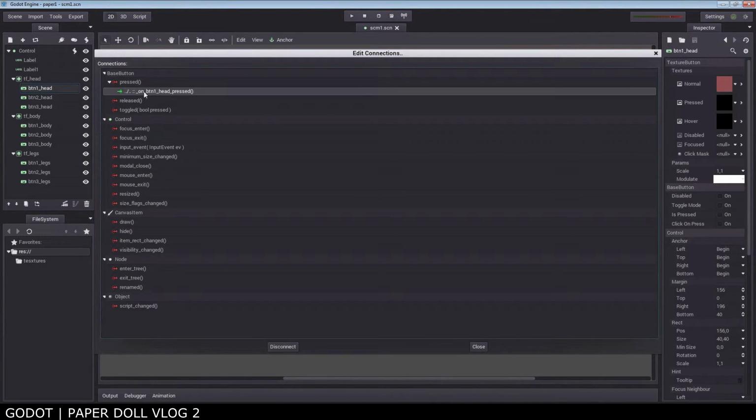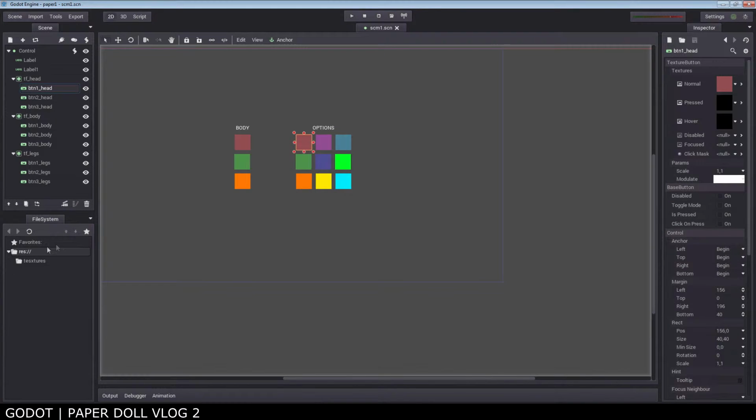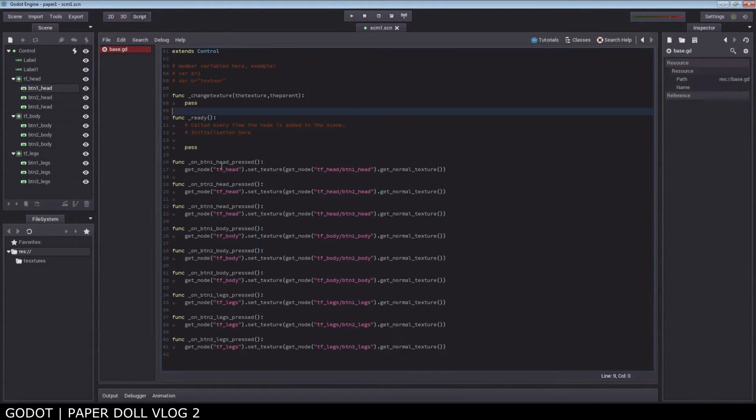So I connected on press, and when I did the connection, it asked me just to create a connection. It named it all on its own, and it created the connection on its own. So if we go and take a look at my script, it then created a function on button 1 head pressed, because that's what I clicked. And then in here I added a bit of code. So get node, texture frame head, because we're on button 1 head, and set the texture to whatever the texture is that